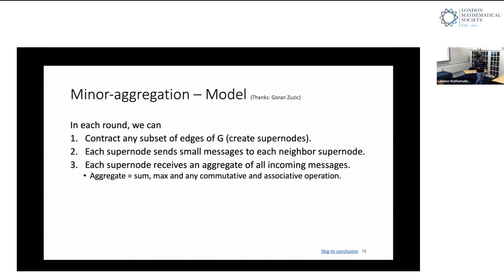Think of the point of view of a supernode. It has got a bunch of messages from its neighbors, and once we have all these messages, it will apply some sort of aggregate function on it. What do I mean by aggregate function? Sum, max, or any commutative associative function. Parity, whatever. If your algorithm follows this template,